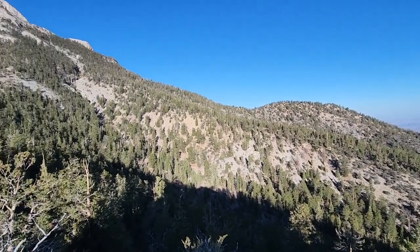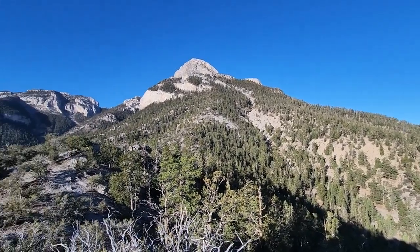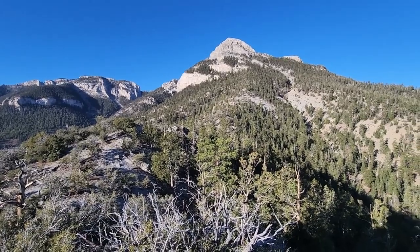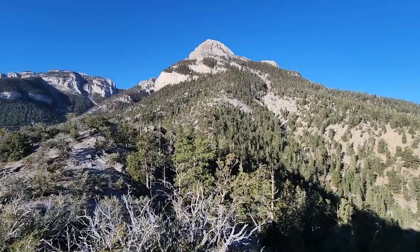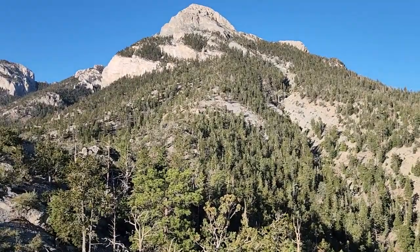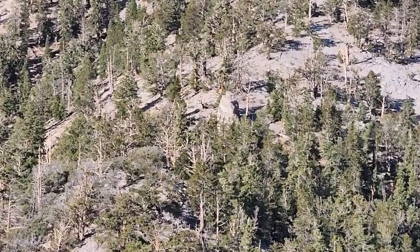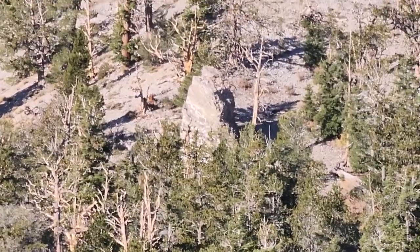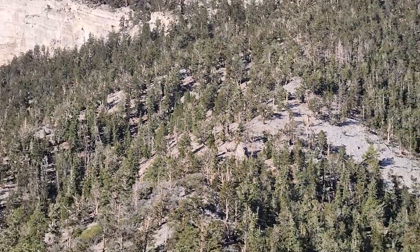And then on up to Mummy's Nose. Now our path from here is that we're going to head for the next landmark, which is a limestone pillar on the ridgeline. When we hit that pillar, we continue to ascend the ridgeline another 200 feet, and then we hit the perfect